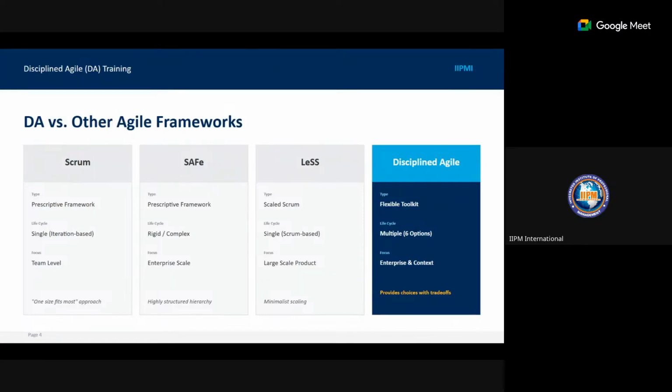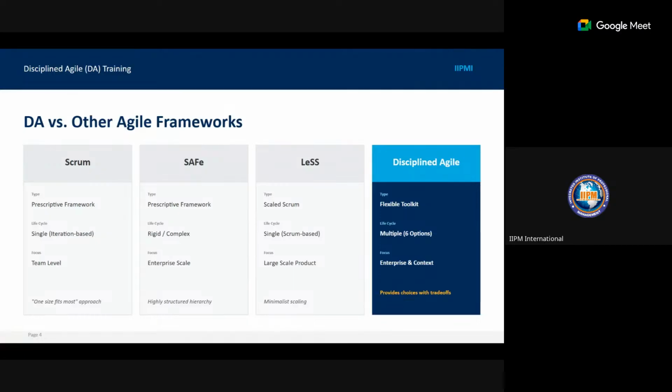Disciplined Agile is for enterprise use, and both SAFe and LeSS are also for enterprise use. So all of the tools we are going to be looking at here are for enterprise-based Agile application.